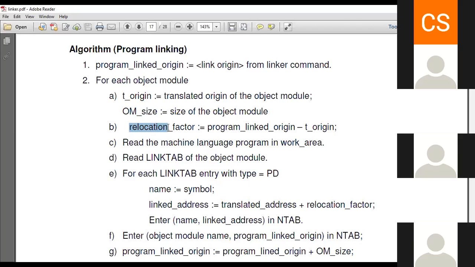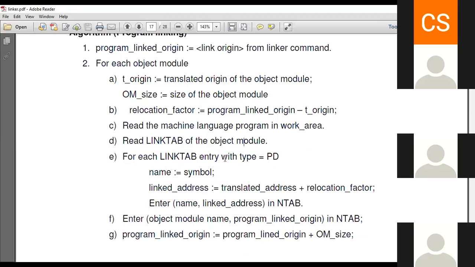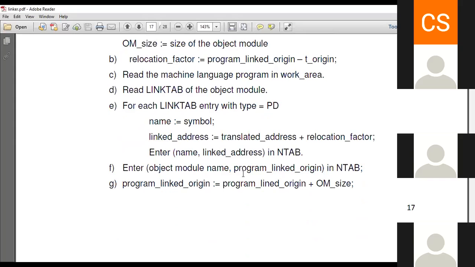Then calculate the relocation factor and again perform the same operation, that is read the whole machine program in work area. Then read the linking tab, that is the link tab of the object module, and for each link tab entry with type public definition.